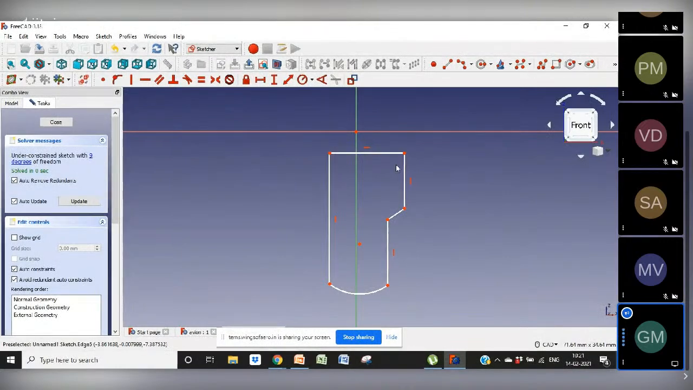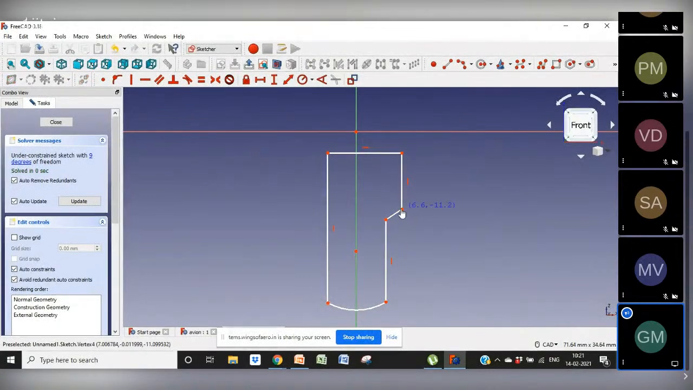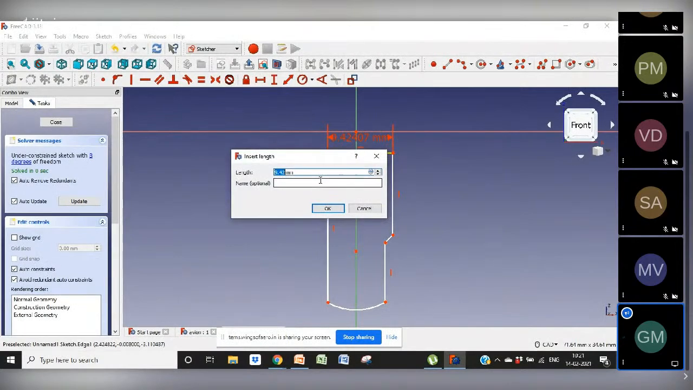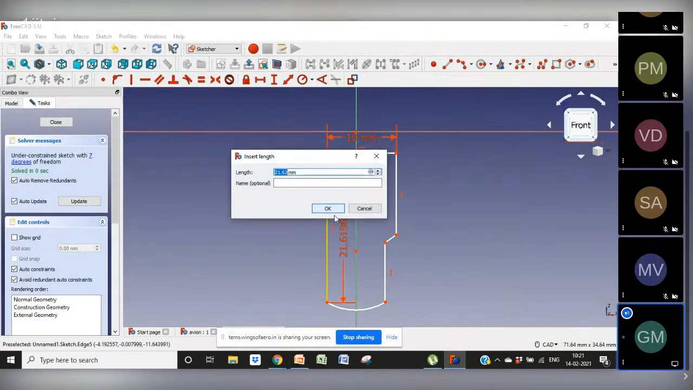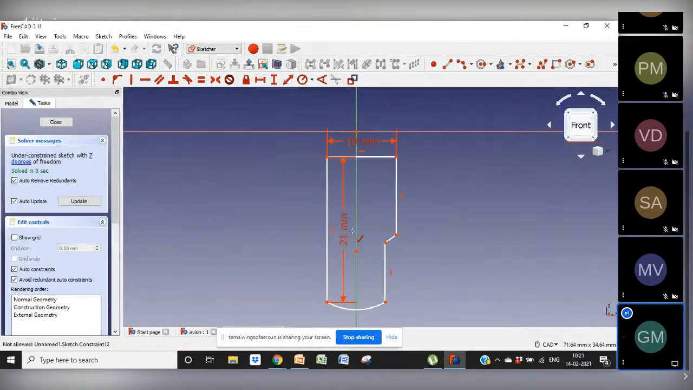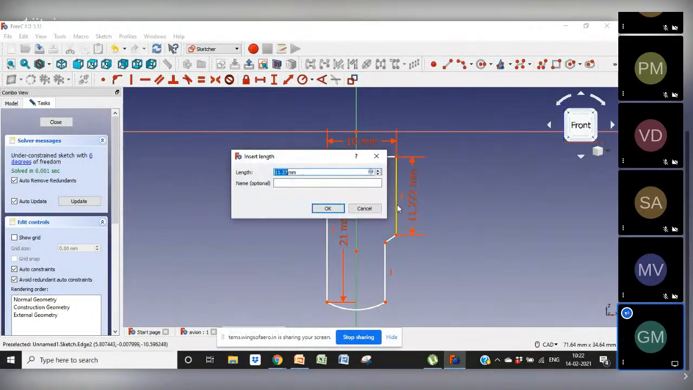Okay, now I will give dimensions. Now the shape is fine. Let's take it double like this. Let it be 10 only. We don't have dimensions, so we are taking just random numbers, whatever it is coming. We are taking dimensions